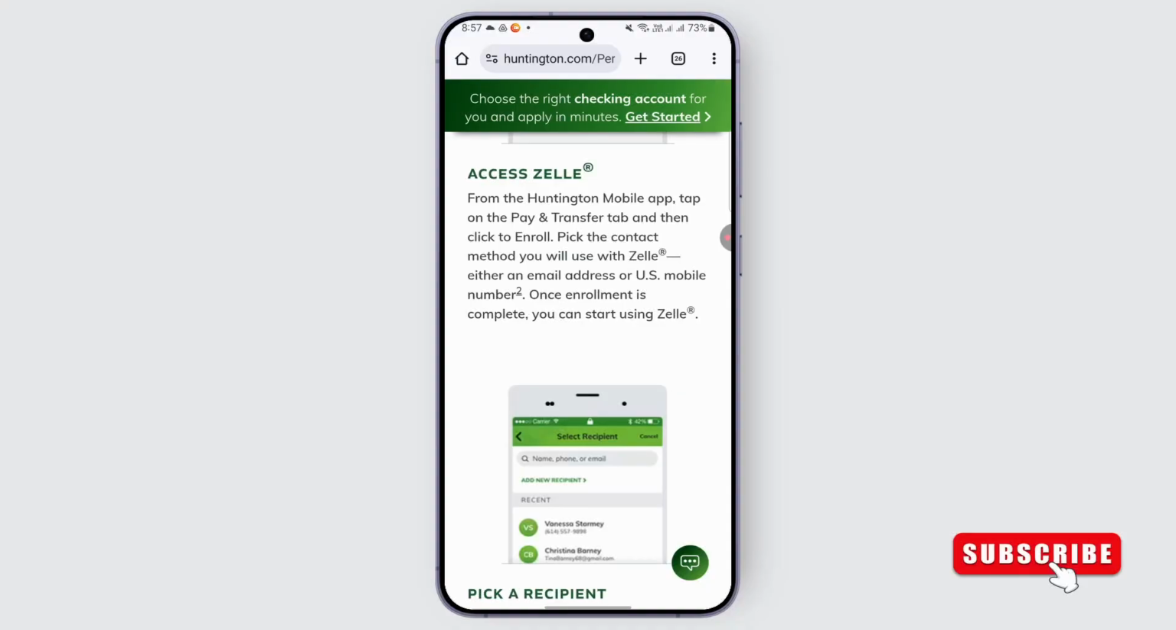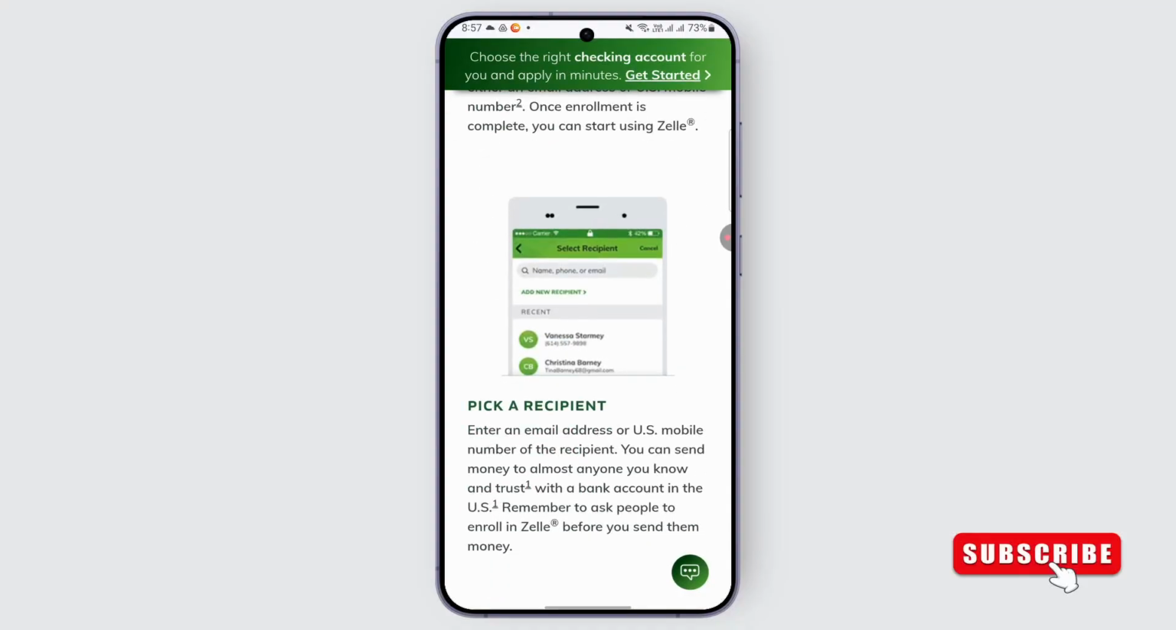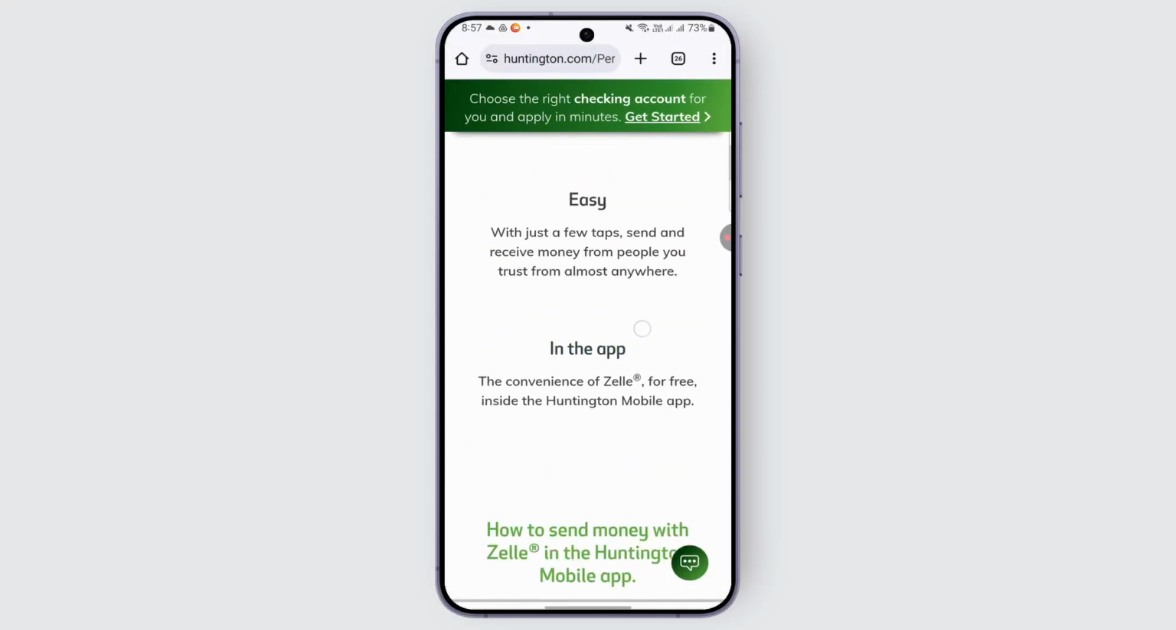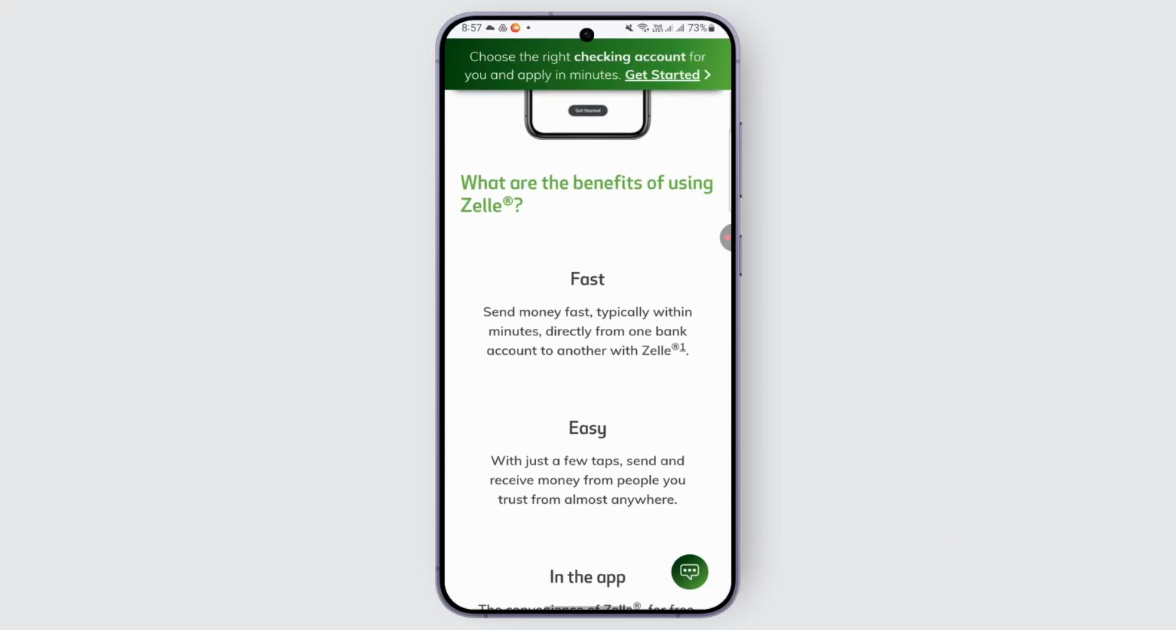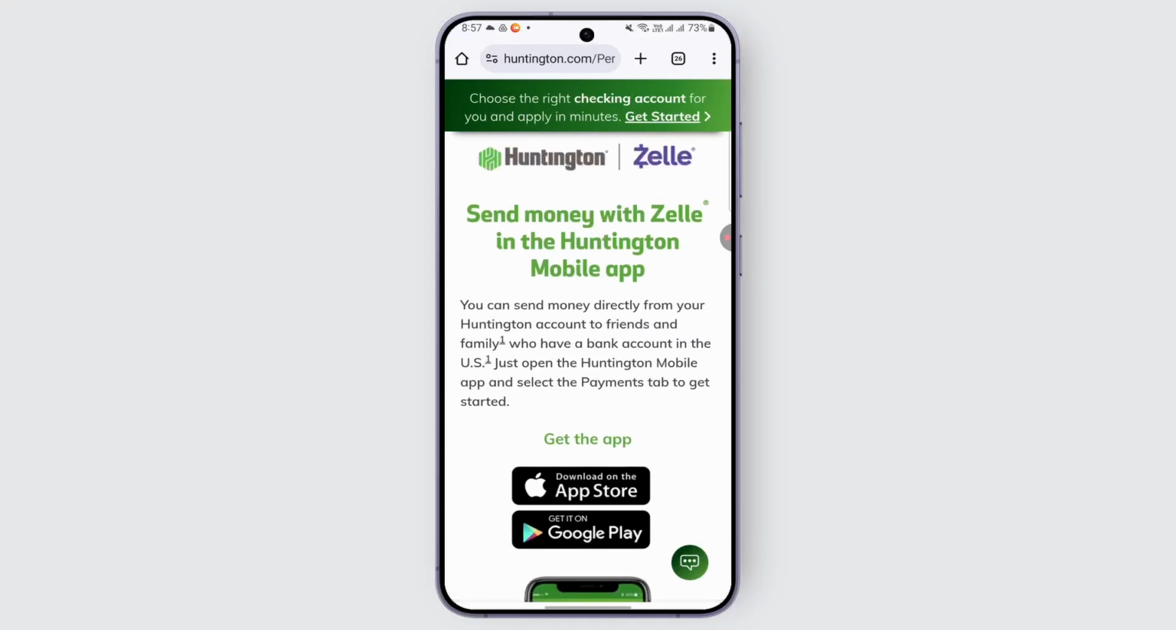And then you will receive a one-time verification code. You can enter it, and once enrolled, you can start sending and receiving money through the Zelle application. And that's it. You can ensure that the email address or mobile number you use is one on